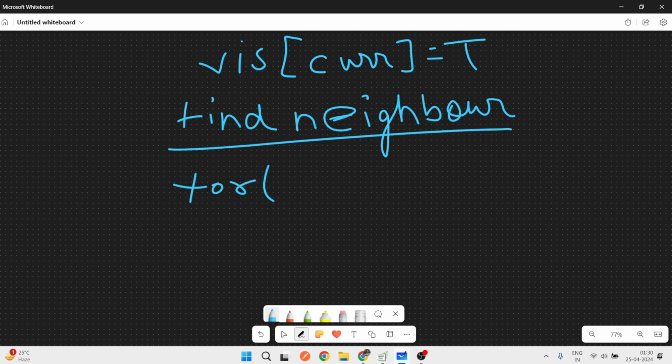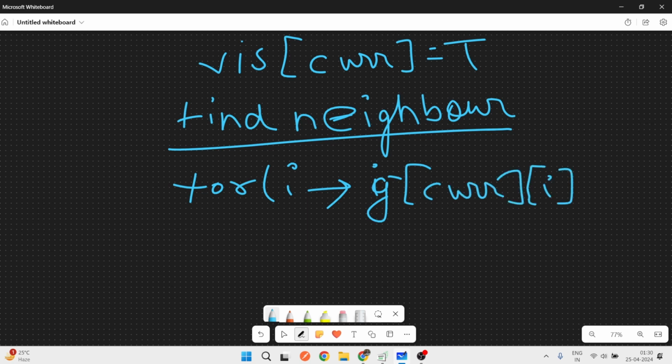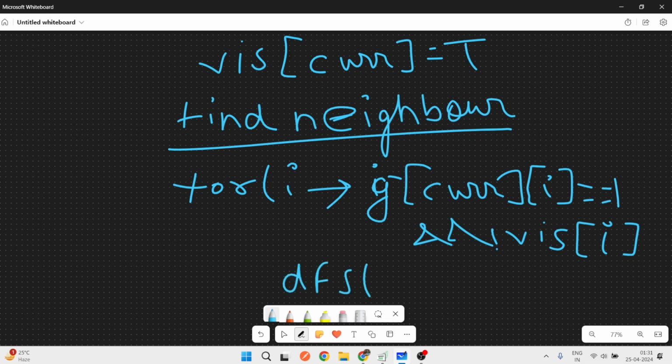We will make a loop for I, and at the current index of the graph, if graph of current node, I index equals 1, means there is an edge between those two nodes, and our next node I is not visited, then we will make a DFS call for that node.